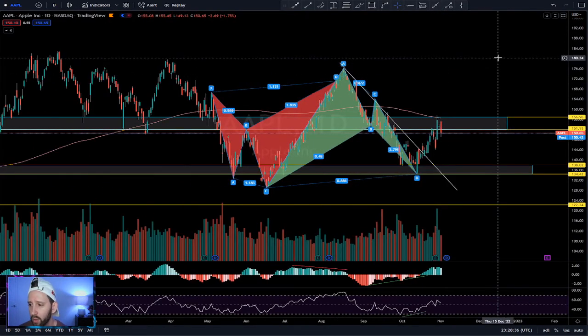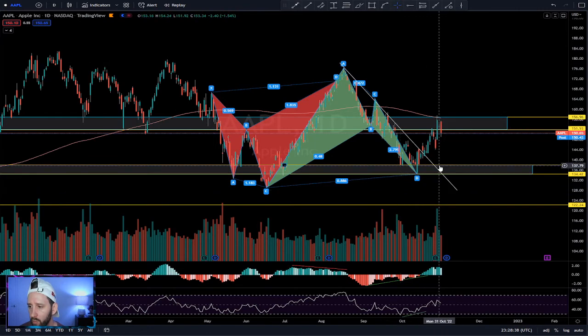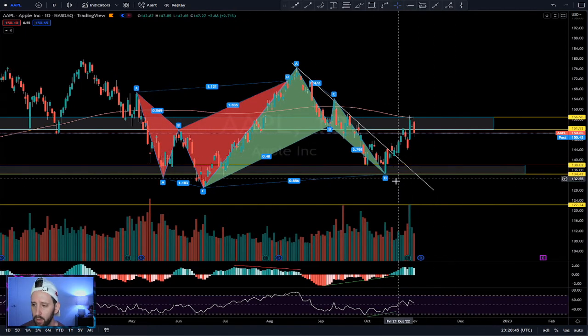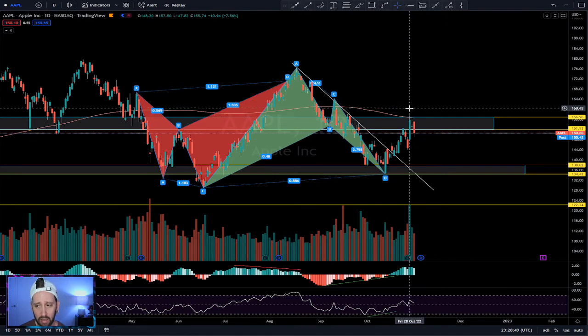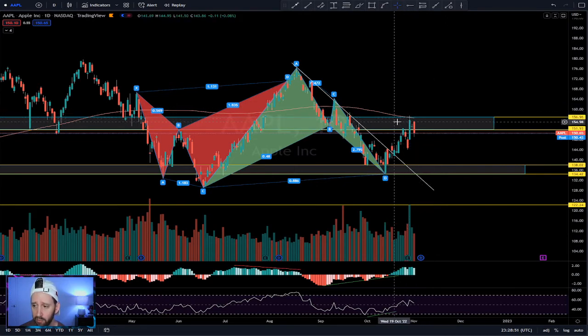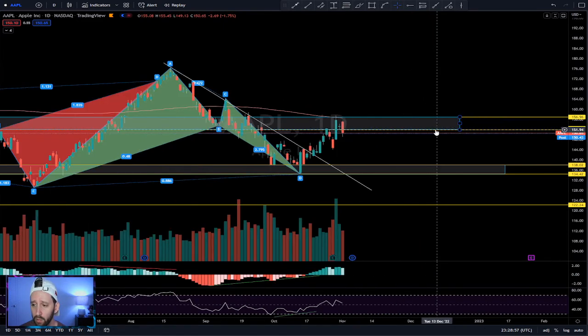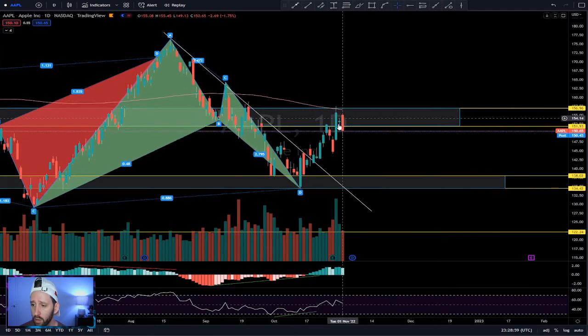Taking a look at Apple here. So on Friday, we had this huge day. Buying climax came in, 8% up. But what have you done since, right? You backtested the 200 moving average as resistance. You saw the top of this inflection point as resistance. The follow through Monday, you did hold this bottom of the range here as support, but then today broke back